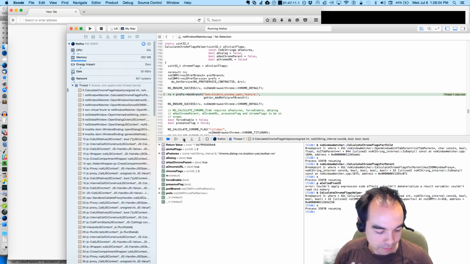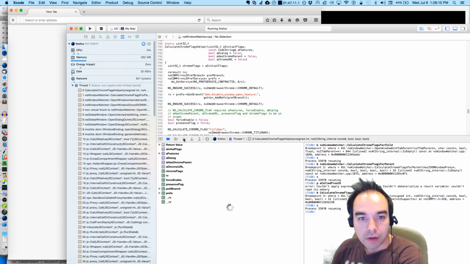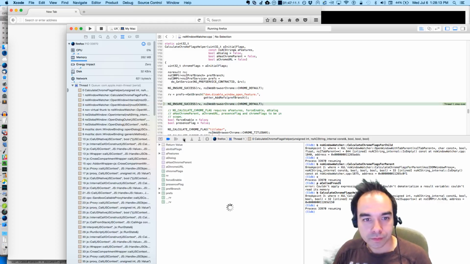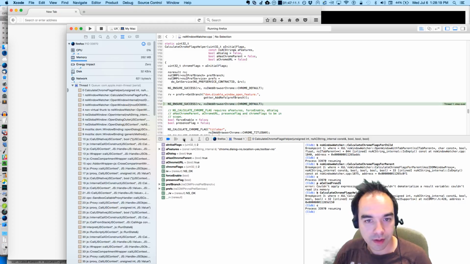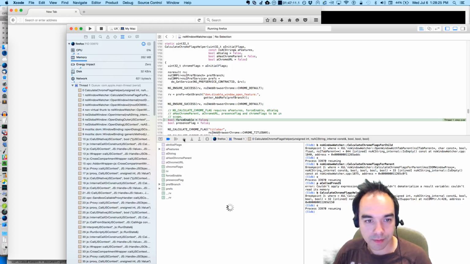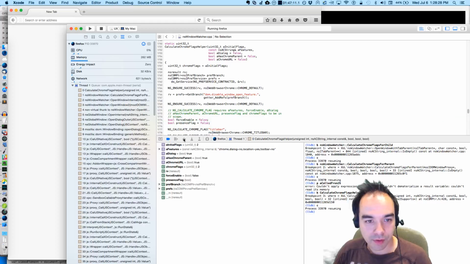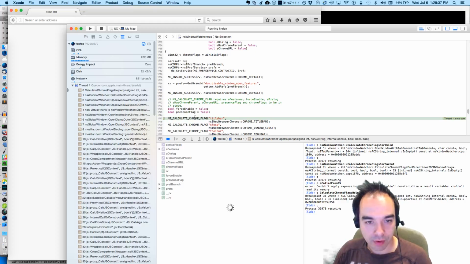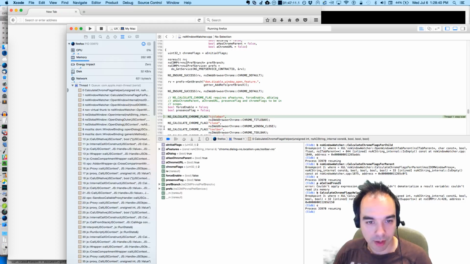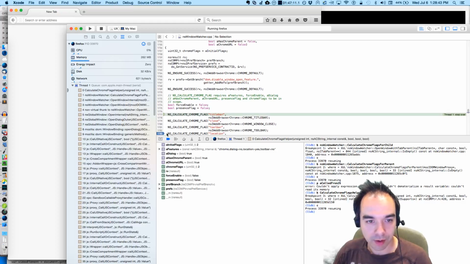Come on. Okay, so the first thing we do is we make sure that we can get the preferences service and the disable features pref branch, because there are a number of features that users can disable. Force enable is false. Presence flag is false. And then we see whether or not, I'm going to put a breakpoint on the location one because that's the one we really care about. But let's just see how this thing behaves when we enter it for title bar.